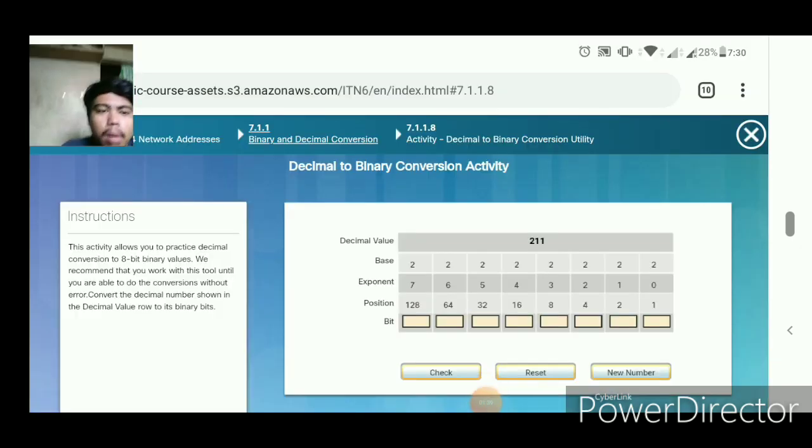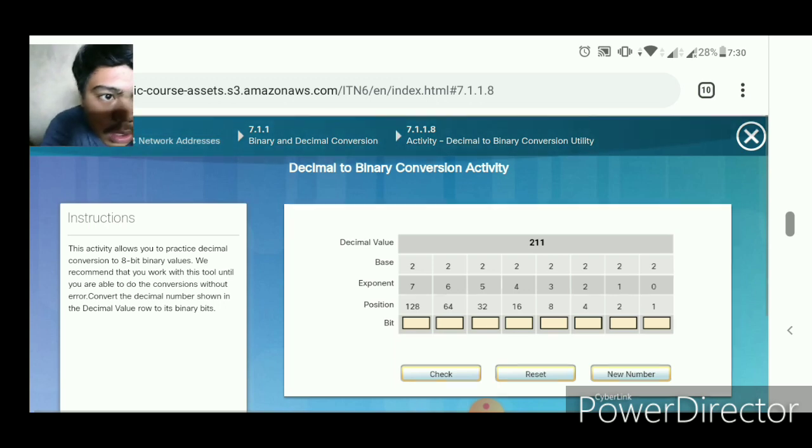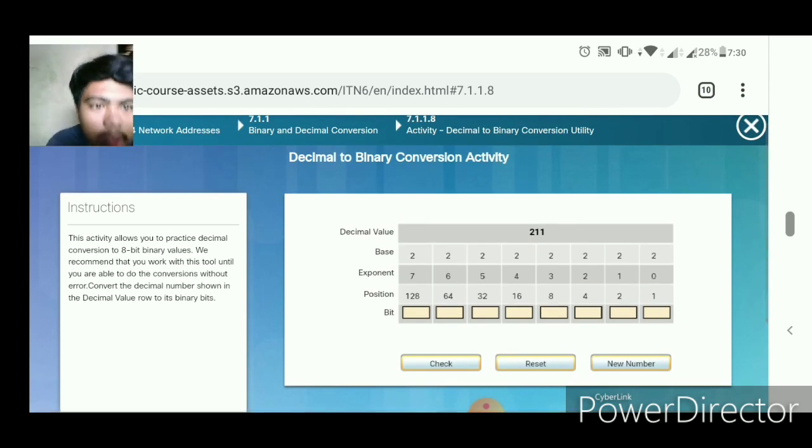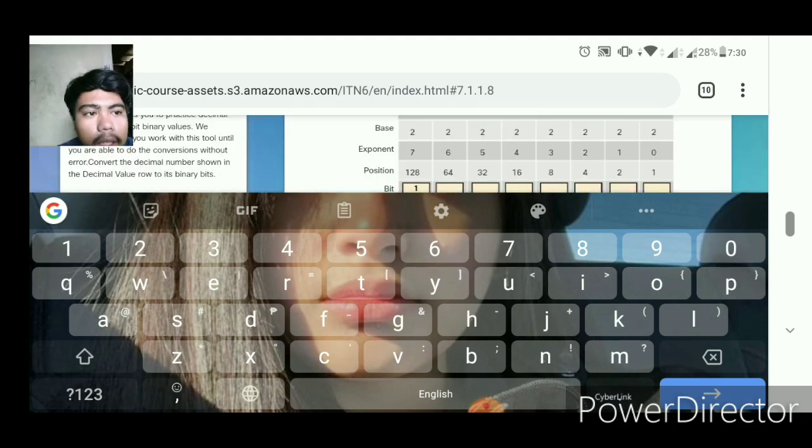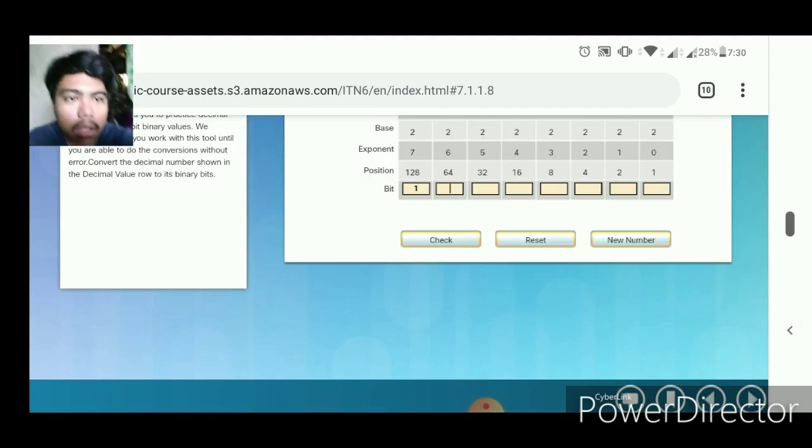We have our given value, and now we're going to determine the binary value of the decimal value given. We have 211 there, so 128 is 1, 64 is also 1,